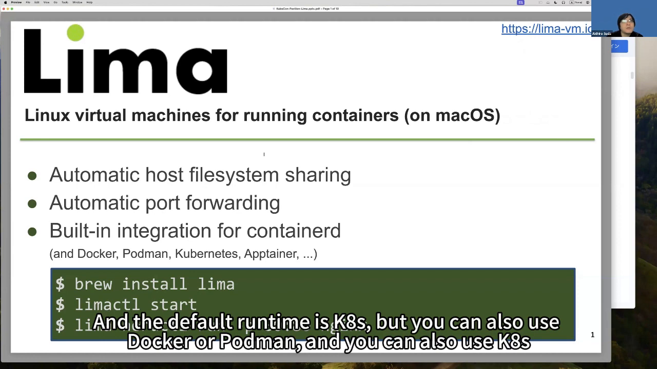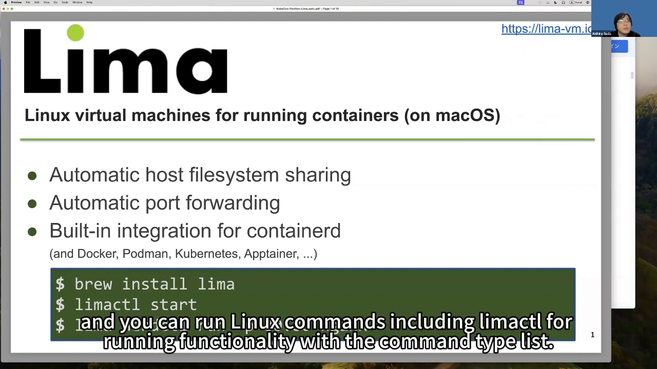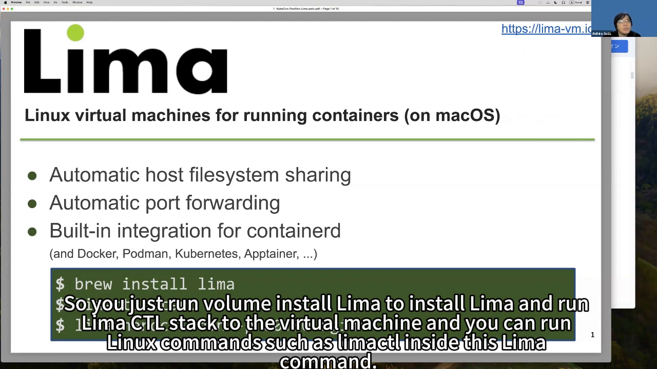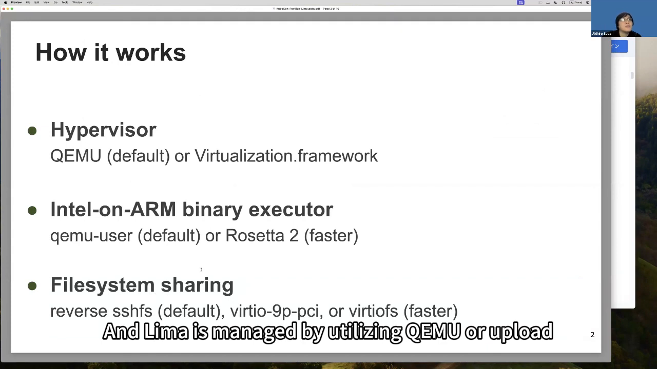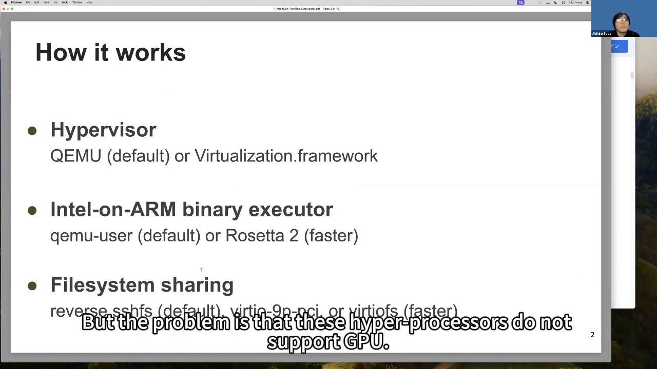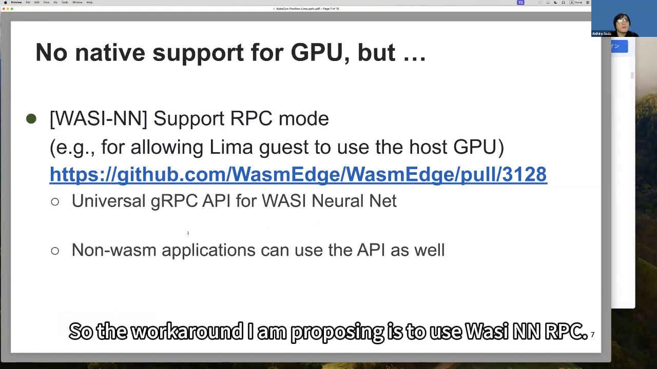The default runtime is containerd, but you can also use Docker or Podman, and you can also use Kubernetes. You can run Linux commands, including nerdctl for running containerd, with commands like this. You install Lima, and run limactl start to start the virtual machine, and you can run Linux commands such as nerdctl inside Lima. Lima is made by utilizing QEMU or Apple's virtualization framework. But the problem is that these hypervisors do not support GPU. There's a huge demand for GPU, but it's very hard to allow the virtual machine guest to use the host GPU. So the workaround I'm proposing is to use